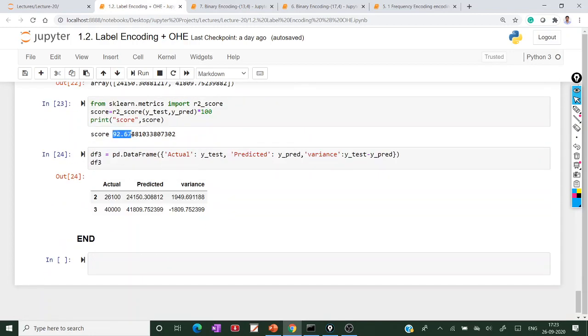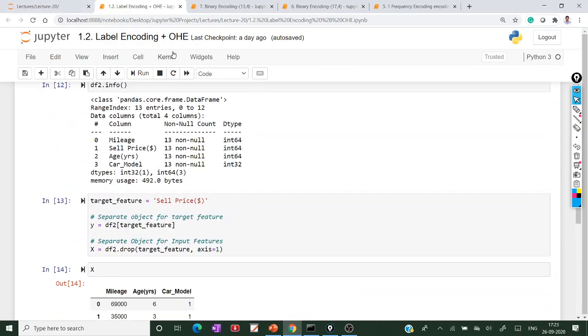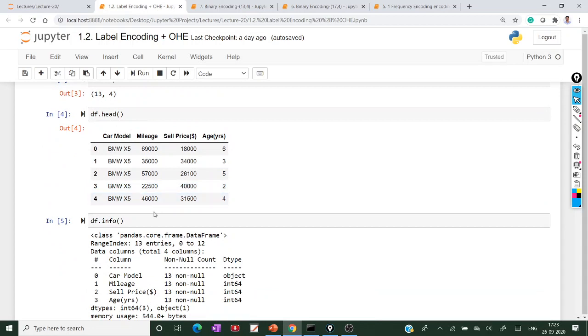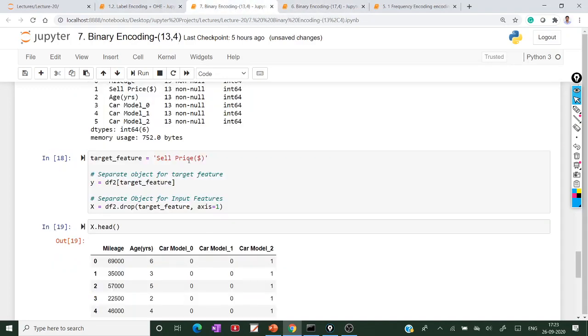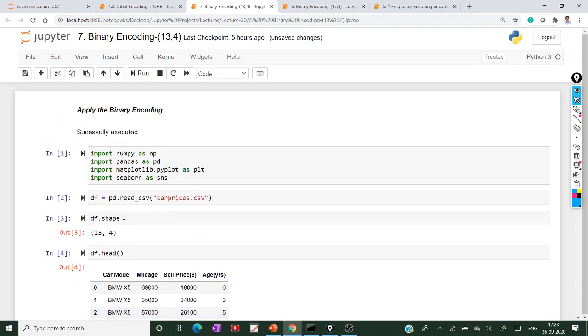You got the answer 92.67 when you apply the label encoding plus one hot encoding on the same data set. Same data set means 13 rows, 4 columns. So here also I am taking the same data set, 13 rows, 4 columns.